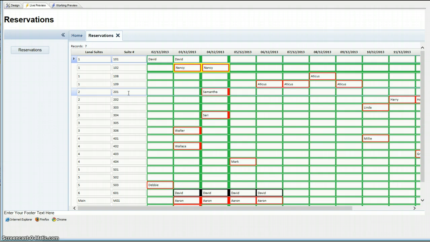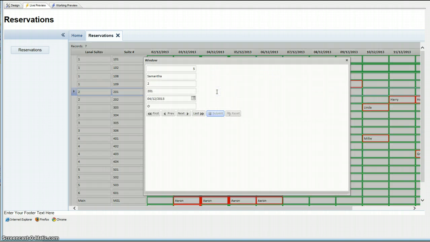So it depends on what kind of information you have in your table, but we can pretty much grab anything here. The only thing we don't have here is a primary key into the reservations table because it just doesn't quite make sense. We don't really have a place for it in a pivoted grid at this point. But we're using all the other information available to us to put together a SQL statement and then go after that particular data. And so we'll click here, UX opens up, and we can change a date